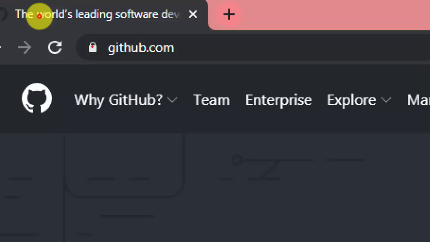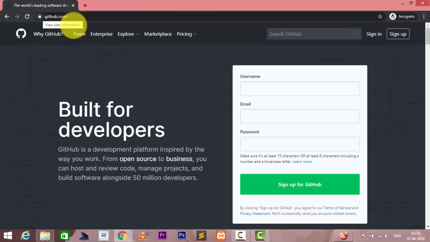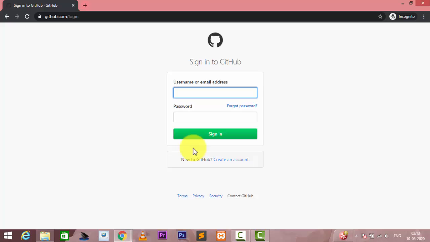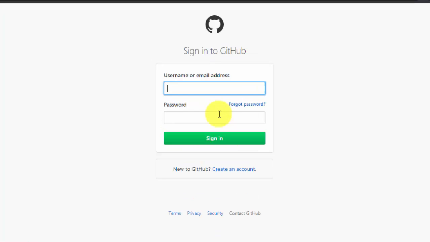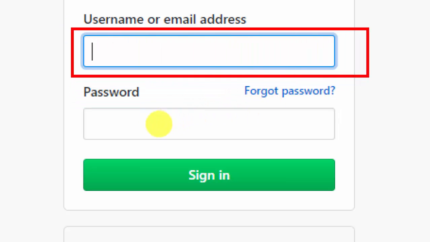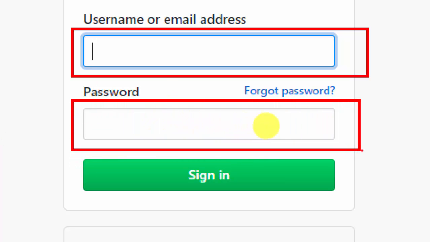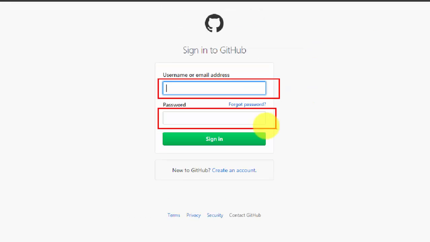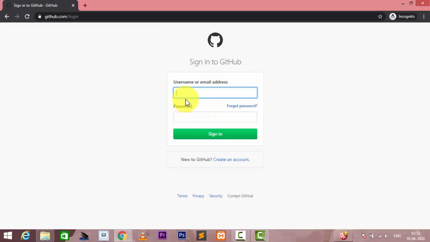You simply click on the GitHub account, and here we input our username and our respective password. So I input my username and password.